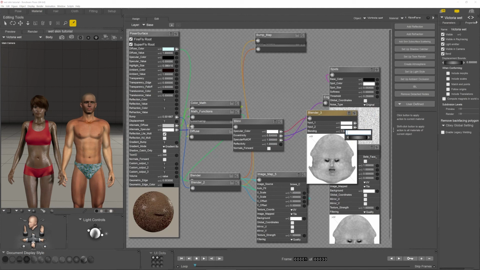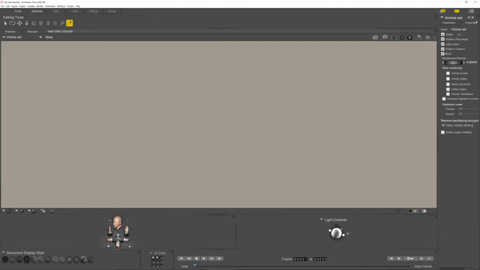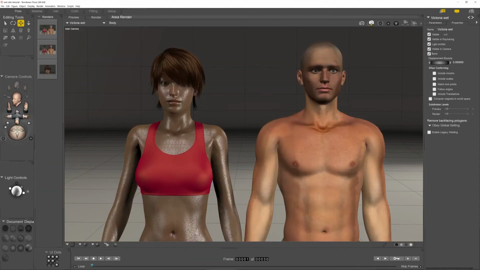So I'm going to say 0.2 here, because I want this mostly to be the spot map, which is going to give me my effect of the sweat. And now when I render her face,